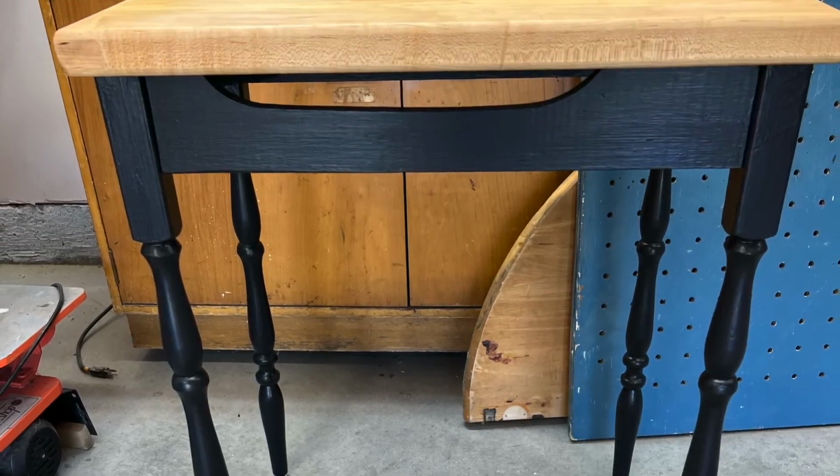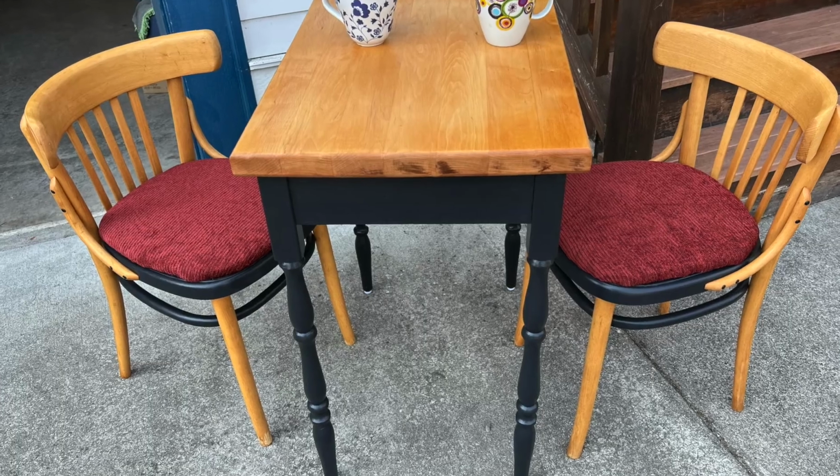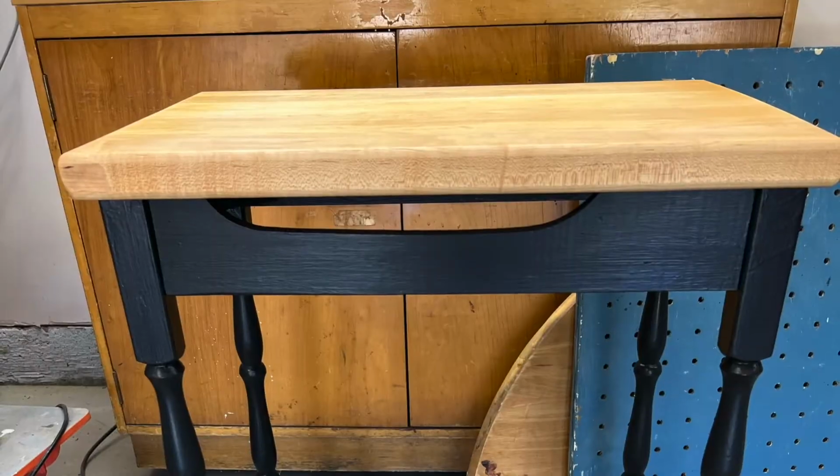And you can see where the little flip would be for the leg of the, what's it called? Anyway, here's what it looks like all done. I use these chairs,